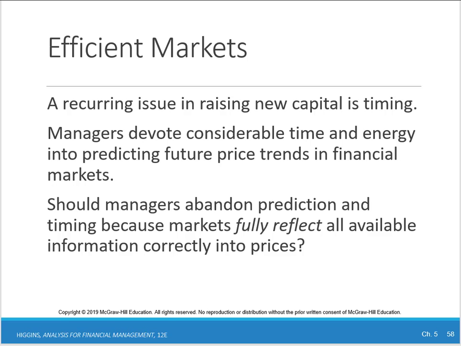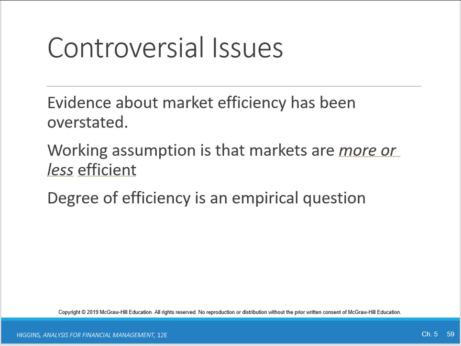And again, in the end, we want to ask, what does research say about this whole thing? So what are the controversial issues? Evidence about market efficiency, they state, has been overstated. That is, there's too much information, and it seems to be dramatically